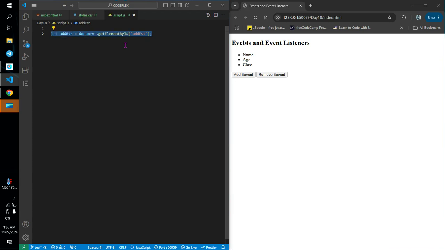And the second one is copy. The second one is remove. btn, and we want it to remove what? We want to use remove evt here. All right, remove evt. Okay, so we have our two buttons selected, and another thing we want to select here